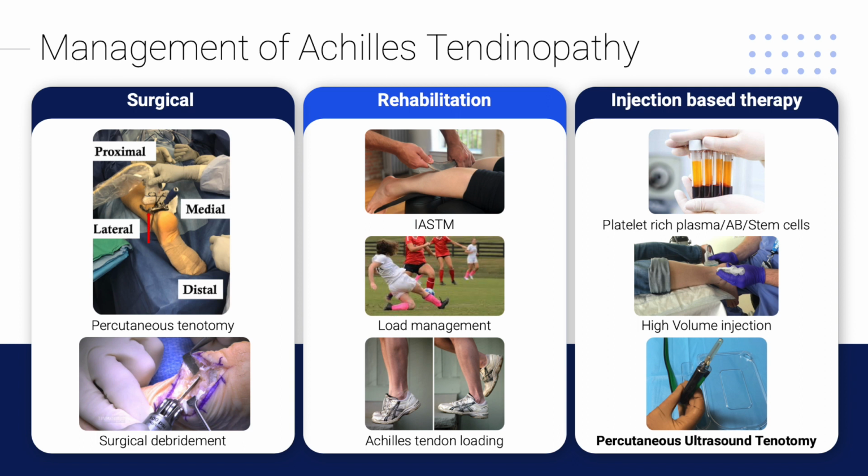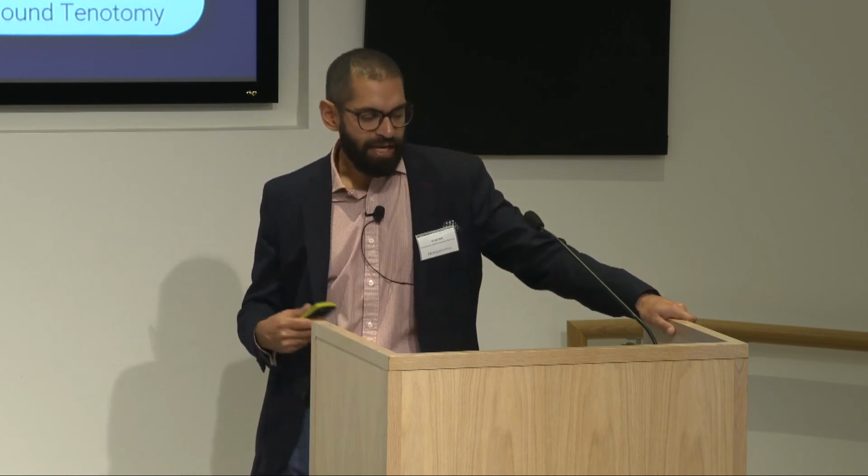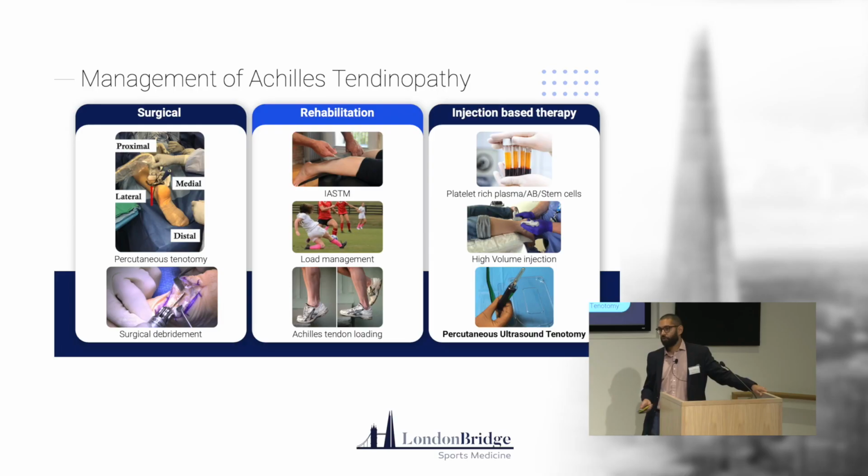Things have moved on, and over the past 20 years or so, we've come to more injection-based therapies. So the advent of platelet-rich plasma and autologous blood injections and stem cells. We moved on to things like high-volume injections, as well as percutaneous treatments, and that's what we're going to be discussing a bit more in detail today. Surgical management has its place in Achilles tendinopathy as well. So this procedure at the top here